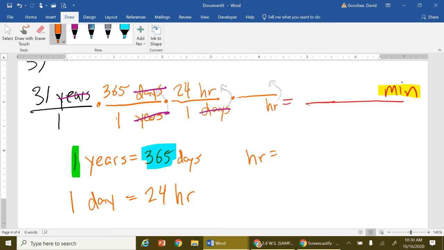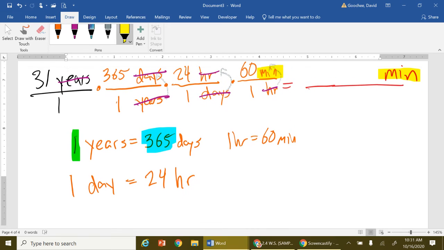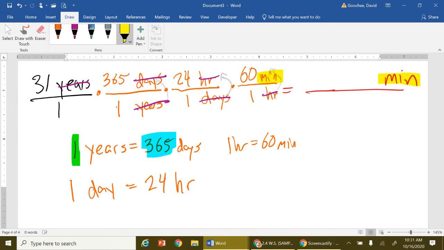You happen to know that 1 hour is 60 minutes. So finally, we can get into minutes, okay? Because 1 hour is equal to 60 minutes. And look, we've done it. We wanted to get into units of minutes, and we got there. It took a few steps, but we got there. Now we multiply, okay? Across the top,